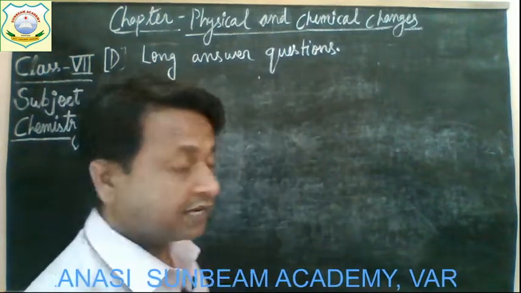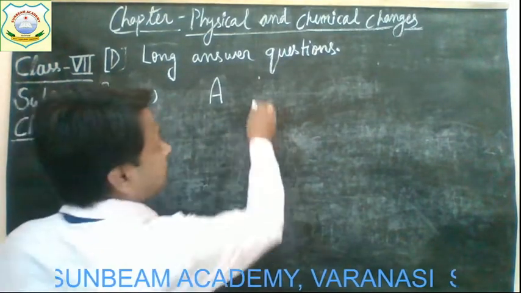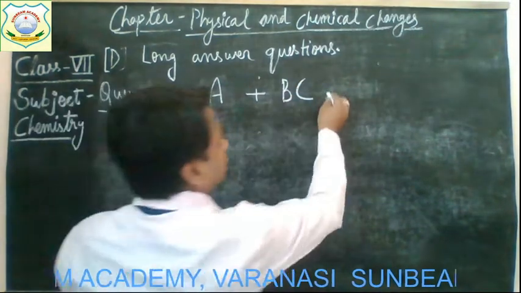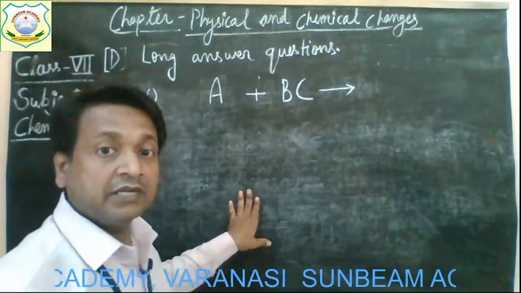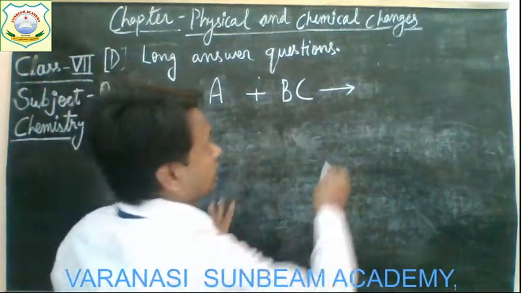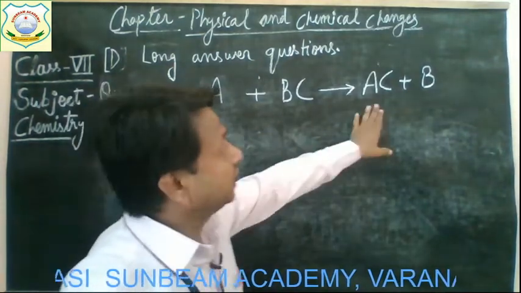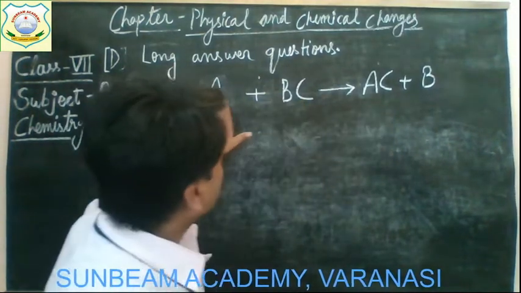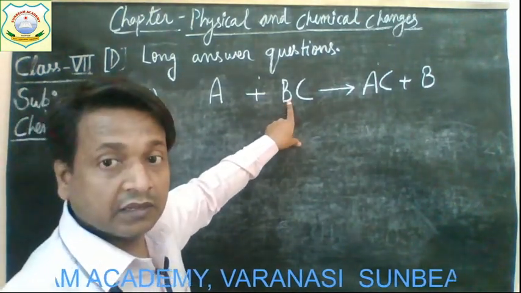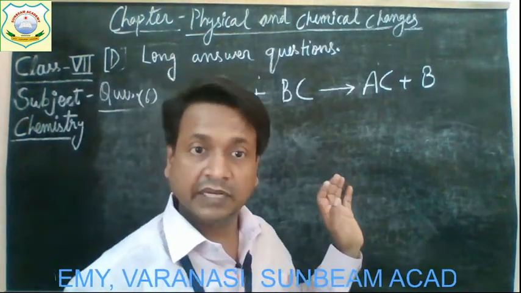And we can write it as: when substance A reacts with another compound BC, what will happen here? The displacement of C will occur and it forms AC plus B. As A is more reactive than B, it displaces B from its solution. Get it? And an example,